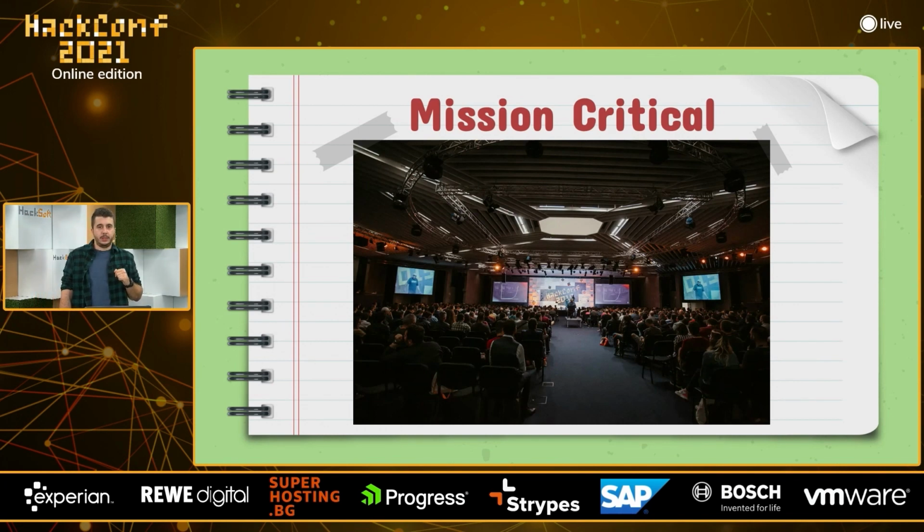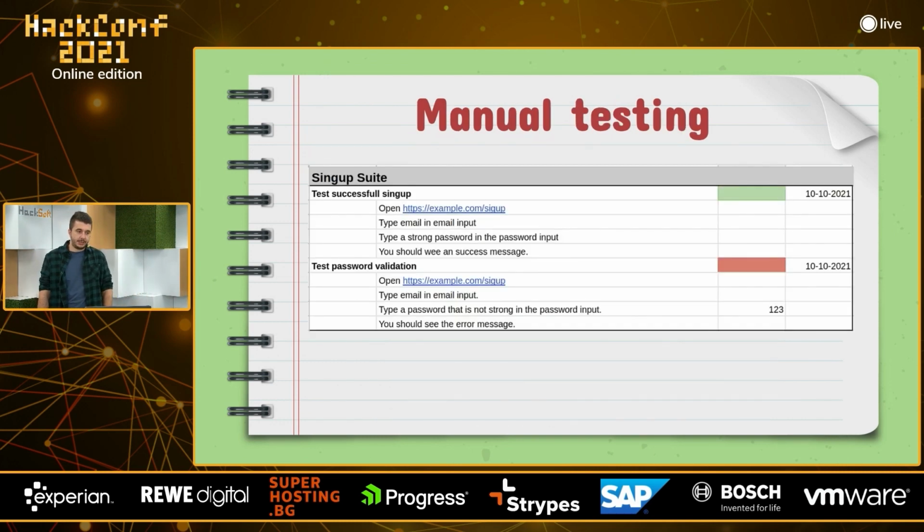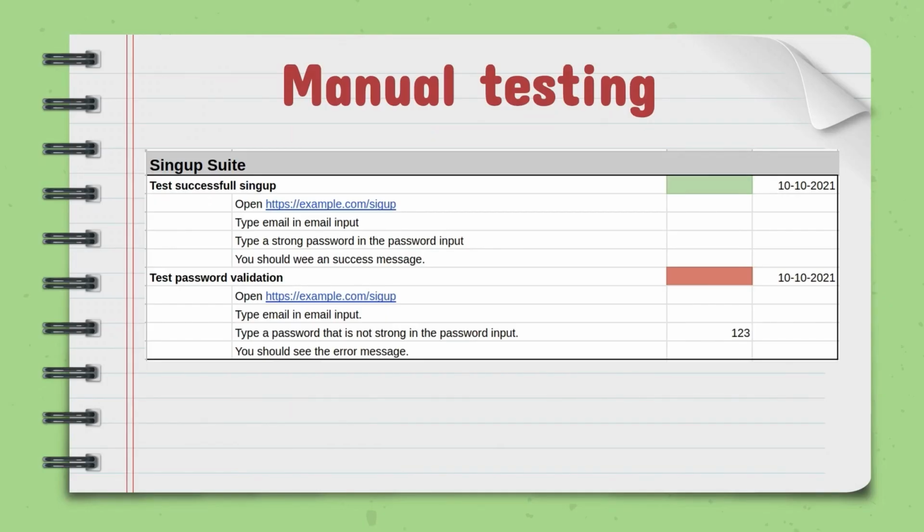So in order to be absolutely sure that before an event, our event management system is working, we were doing a lot of manual testing. Our first event was, let's say, in 2 weeks' time, and we wanted to ensure that the system is working, every feature is working, and it's working the way it should be. So when the event kicks in, everything is how it should be. So our first approach was manual testing.